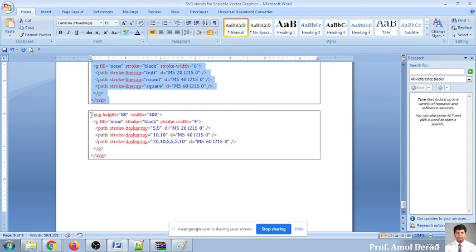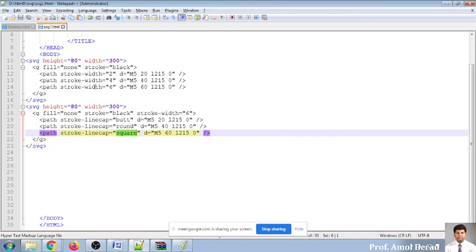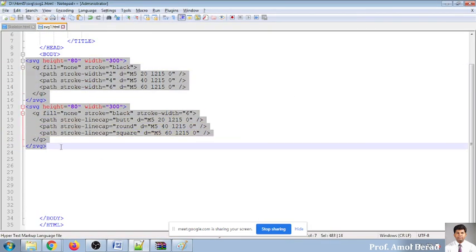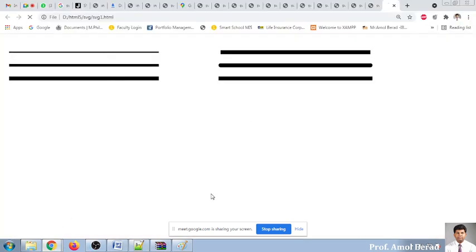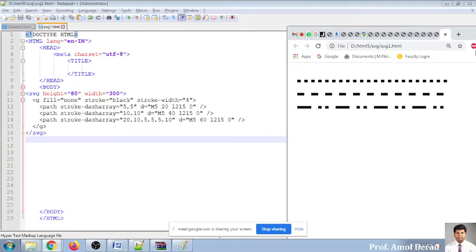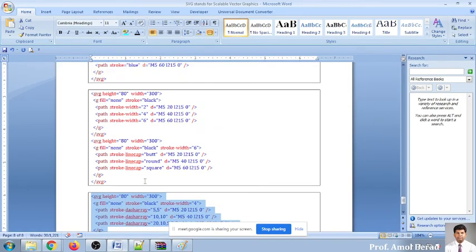One more example I want to specify: if you want to make a dashed type of effect, the dash type of effect can be added to your path also. So here I'm saving it and refreshing the page. See, the different types of lines can be drawn. If you're seeing dash array, so the 5, 5 means what? The 5 will be displayed, and this again 5 will not be displayed. So alternates will be there. The more the number, the more the gap will be there. So this is again possible with the help of dash array.